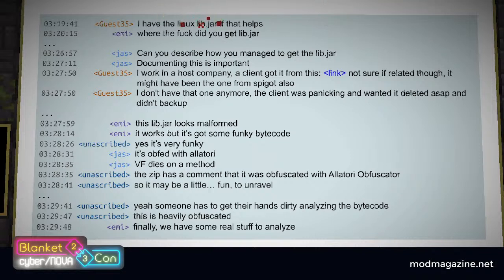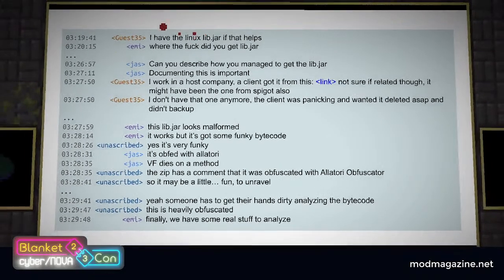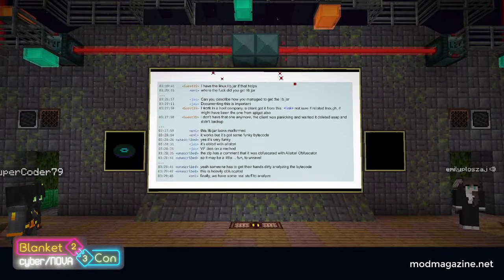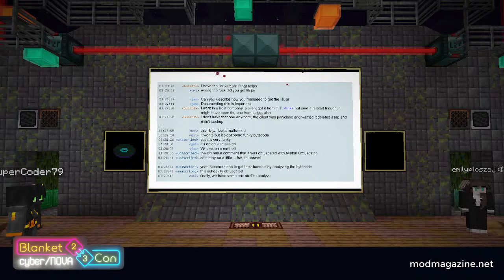However, the Allatori obfuscator has multiple levels of obfuscation, and the members of the IRC managed to find a deobfuscator that was able to clean up the obfuscated code into something that was at least readable. Obfuscation is an information-destroying process, and it's not usually possible to restore a class file to its original state using a deobfuscator, especially without losing information. However, with the amount of eyes on the deobfuscated code, we were quickly able to piece together what it was doing.